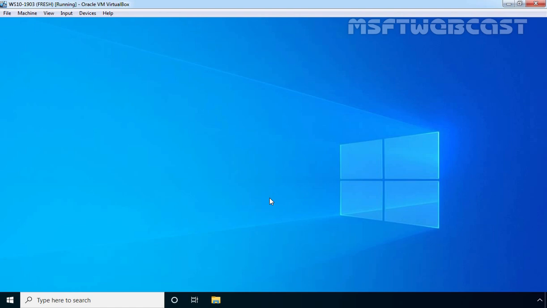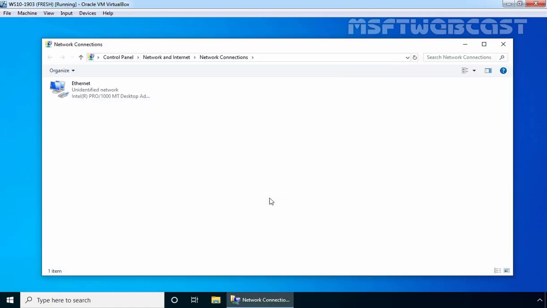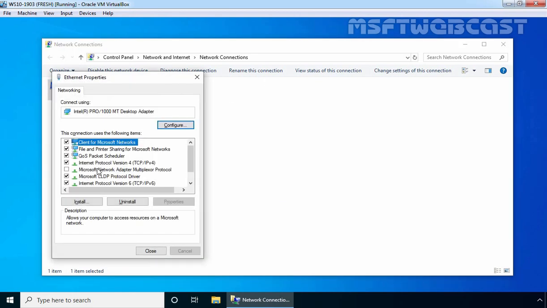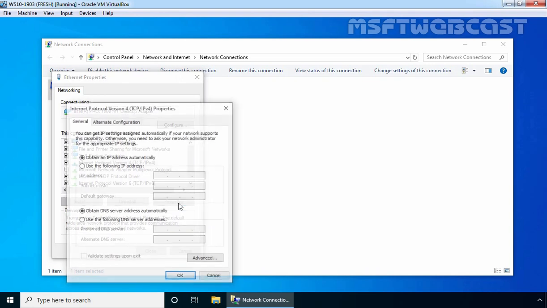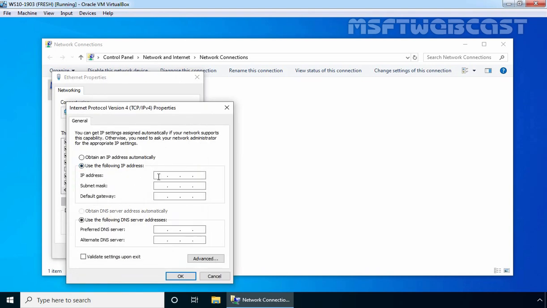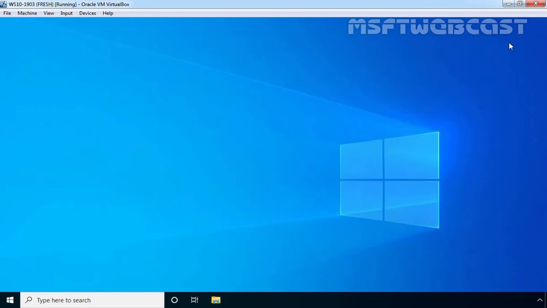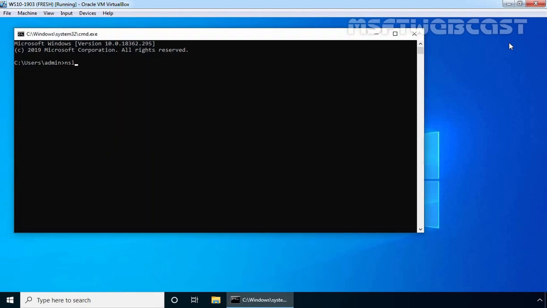For testing purposes, I'm going to establish network connectivity between our Windows 10 computer and our domain controller. Right click on the Ethernet adapter, click on Properties. Let's click on Internet Protocol version 4, click on Properties. Let's set up a static IP address. And our DNS server address will be 172.18.72.5. Click on OK, click on Close, and let's close this console. Let's open Command Prompt. Let's check nslookup, and our DNS is responding. Now let me close it.